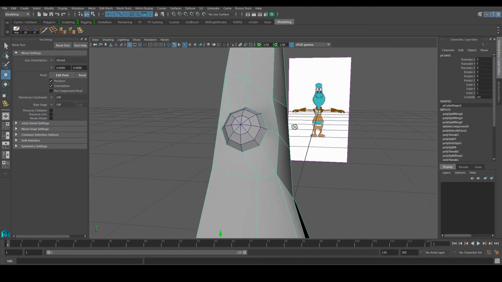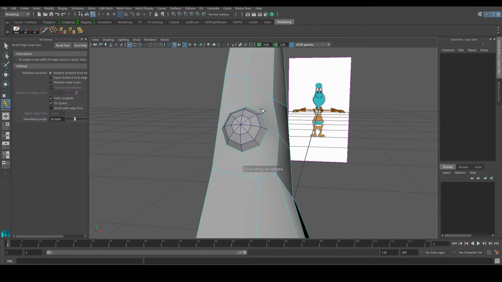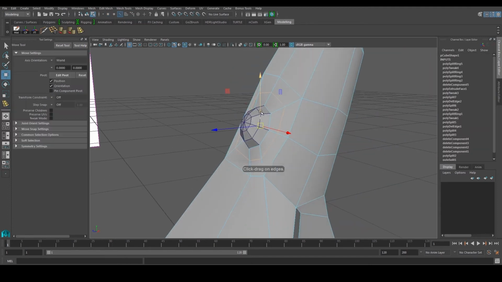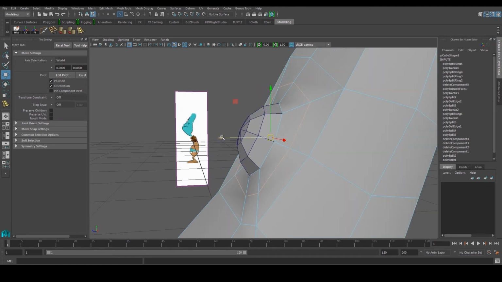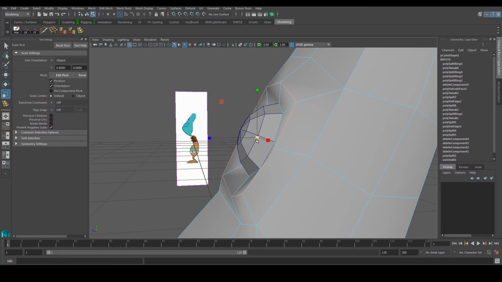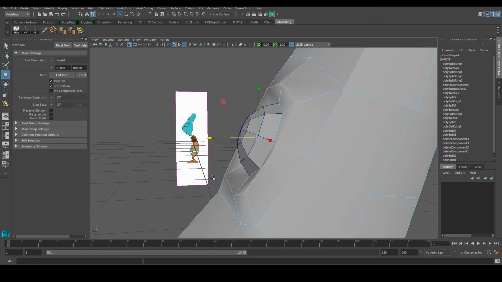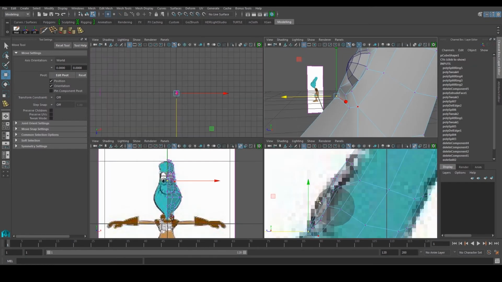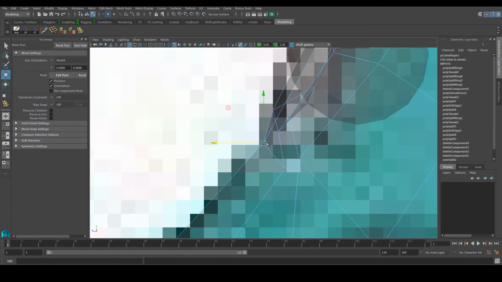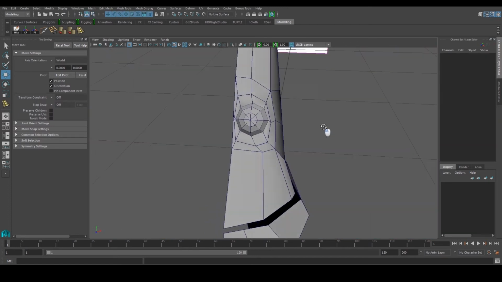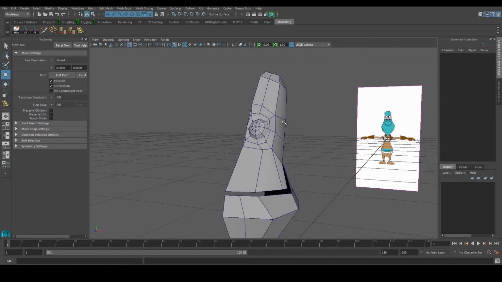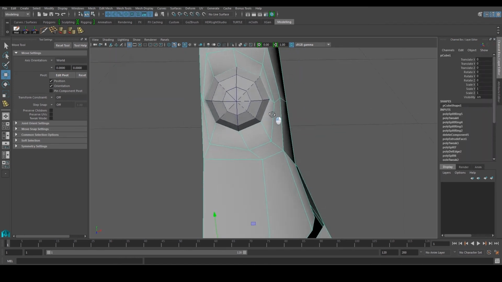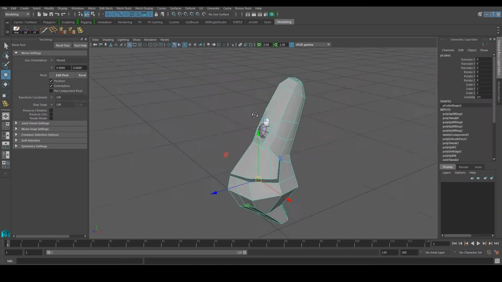Okay, so it's more or less where I want it to be. Again, I can use my insert edge loop tool to put another loop over here, another loop over here, and depending on how you want it to be, you can push it out and move it along this way. If I go to the side, you can start to create the wrinkles of that alien. It depends on what kind of alien you want it to be. If you want big bulgy eyes, up to you. So you have something like that. Kind of looks okay, right?